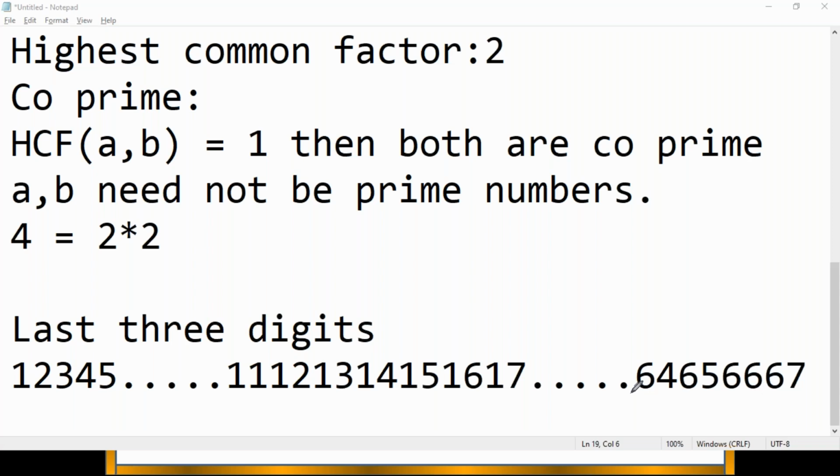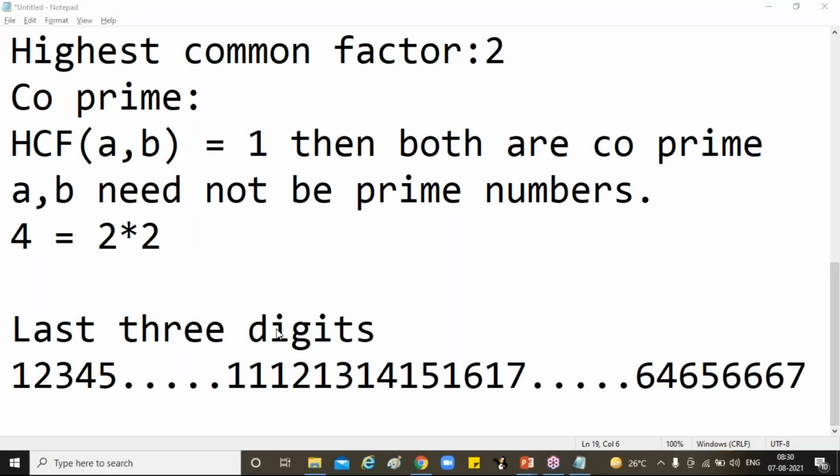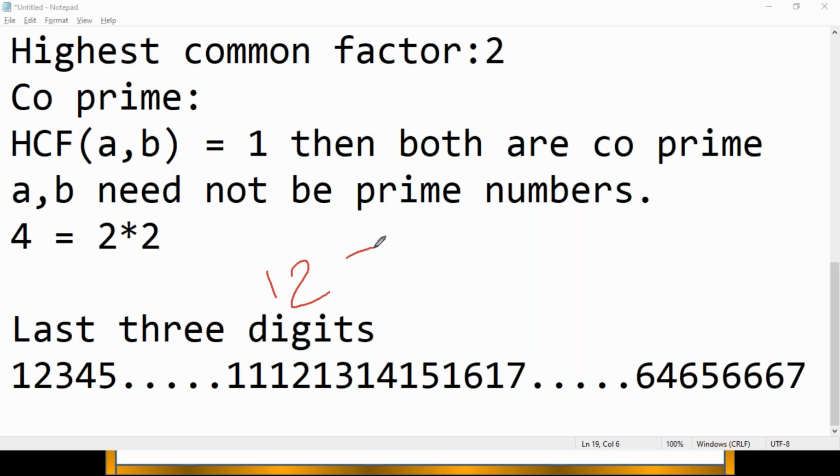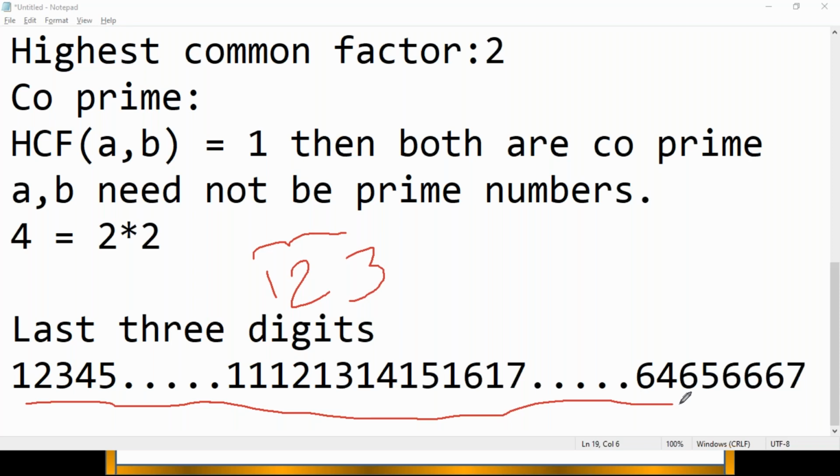Don't think about how many digits are there, and don't read the number like 1, 2, 3. It is 123. Here only 3 digits are there, which is why we read it as 123 directly. We don't know how many digits are there. Both numbers are the same in this sense; that may be a 3-digit number or a 10-digit number or a 100-digit number. The last 3 digits are the divisibility condition for 8.